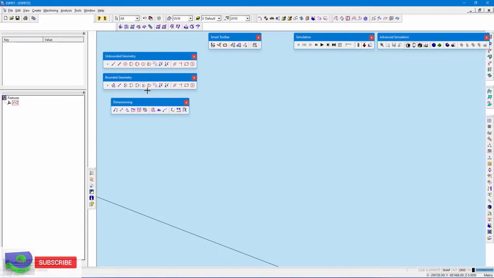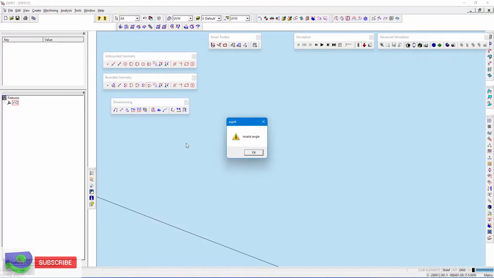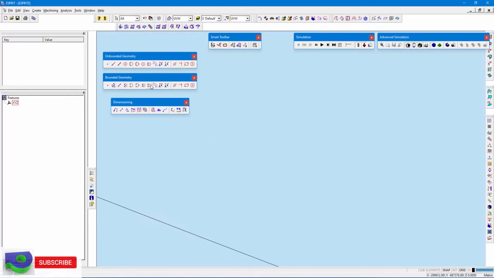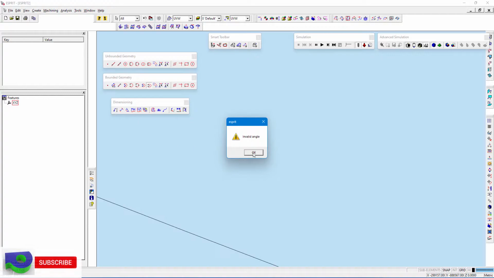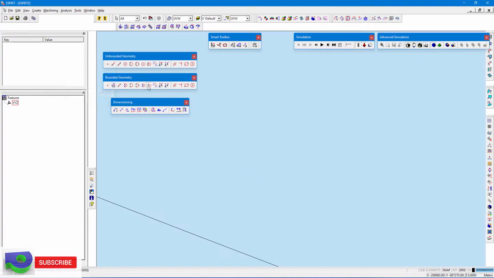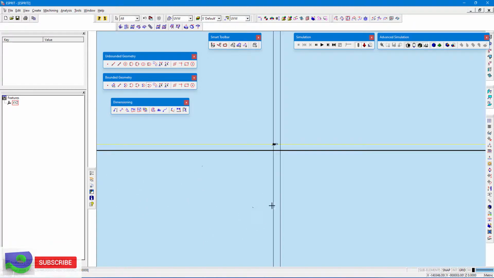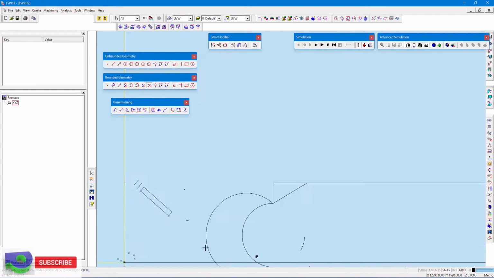Okay, I will once again try in the ellipse 3 point. Okay, I'll just show you center point, starting point, ending point, first point, second point, third.